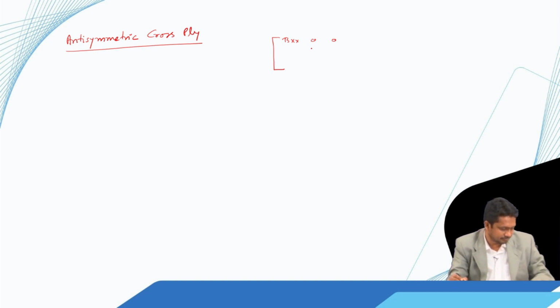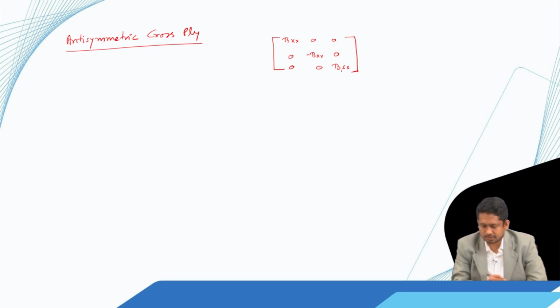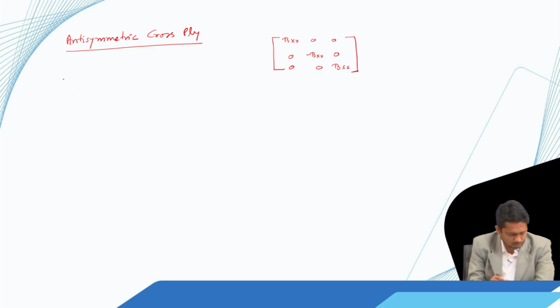Antisymmetric cross ply. Now, in an antisymmetric cross ply, apart from whatever we have seen for A and D matrix, we also have Bxx is equal to minus of Byy or Byy is equal to minus of Bxx. So, to prove that,